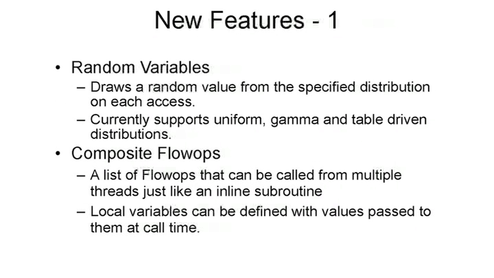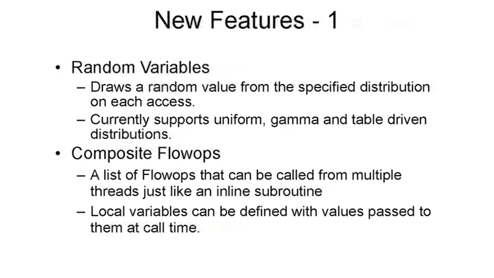Here's the part I'm most interested in, because this is stuff I've been working on for the last year or so. The variables I mentioned before are ones that you statically set. In simulation, it's kind of nice to have sources of random variables. So we've created a random variable, which every time you access it, produces a different number from a random distribution, which you set up previously. You can specify uniform, gamma, or you can set up a table of base distribution. That's all I've got built in at the moment. And it will spin the random number generator and run it through the distribution